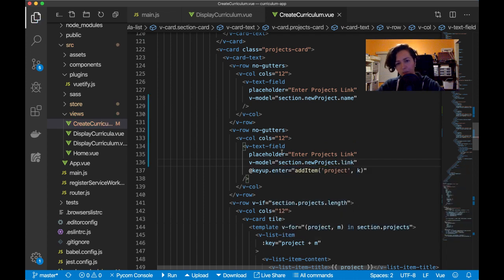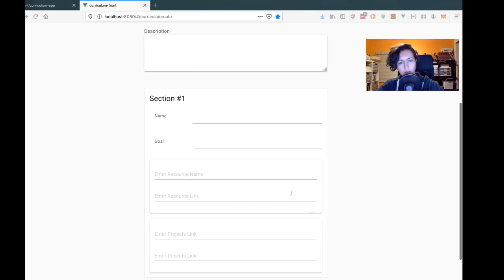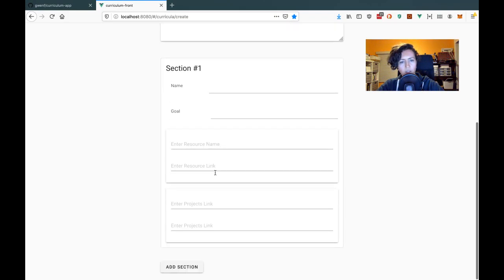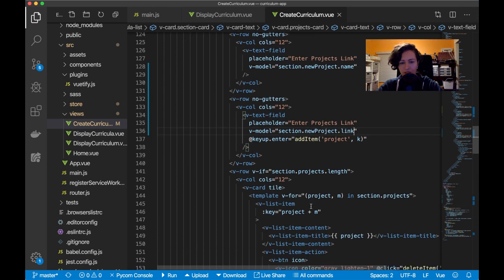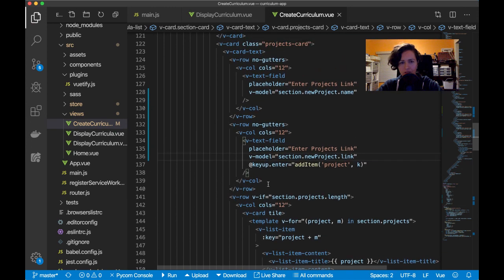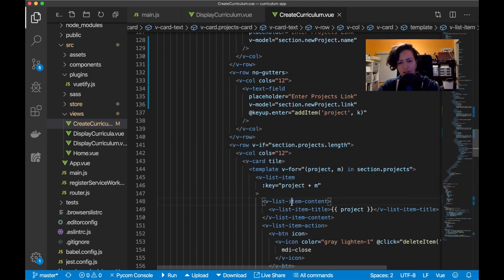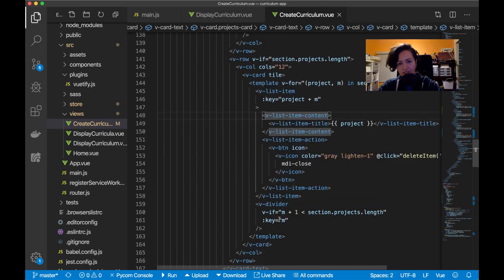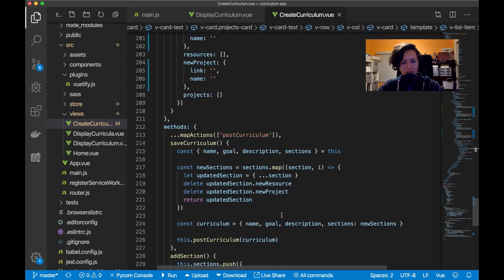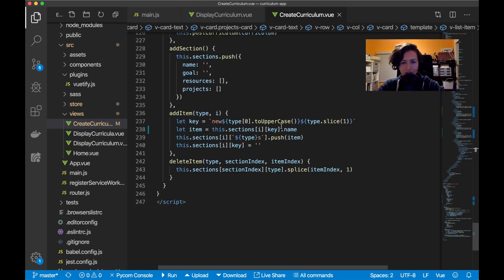And I'm probably going to have to add a button here eventually because it might not be intuitive for a user to see both of these boxes. Actually, it's not intuitive at all for a user to see both of these boxes and then somehow know to hit enter after the second one. And also, this display project should be in another card now. So I feel like I'm just cluttering up the UI, but let me finish what I'm doing with the add item. So right now I need to have this